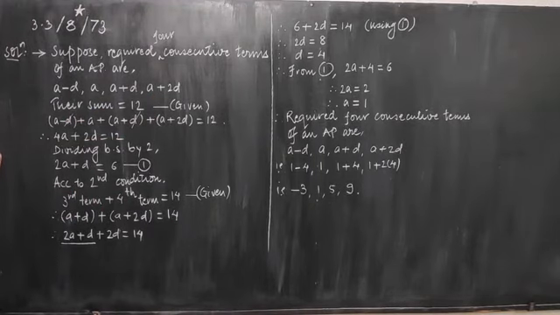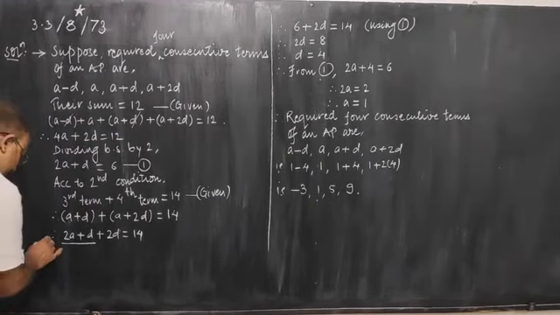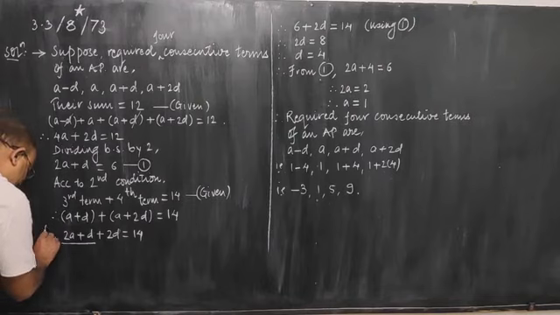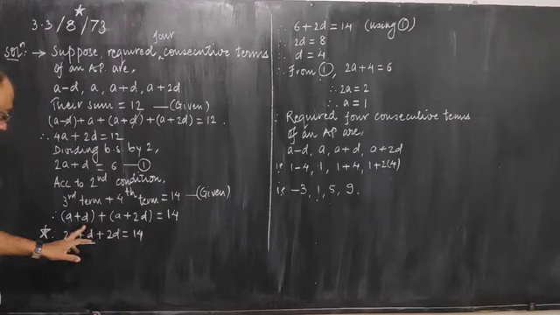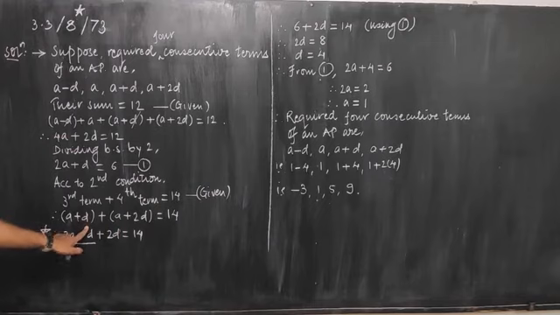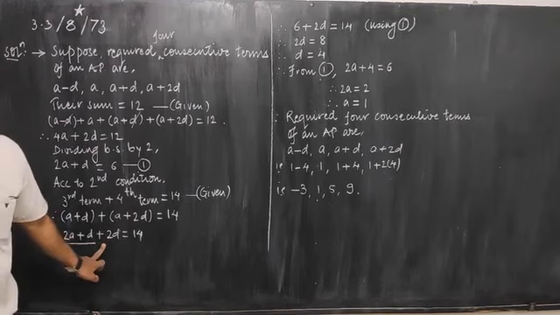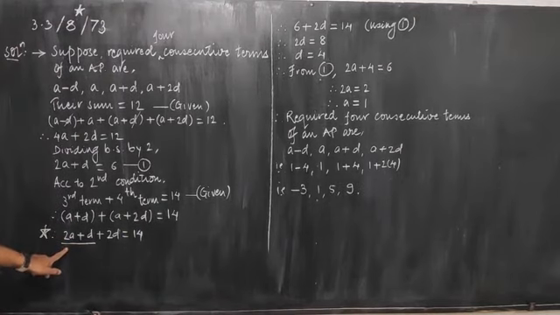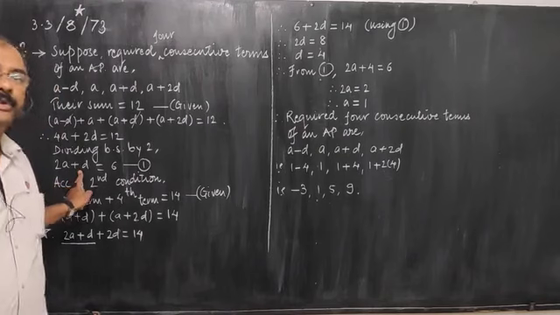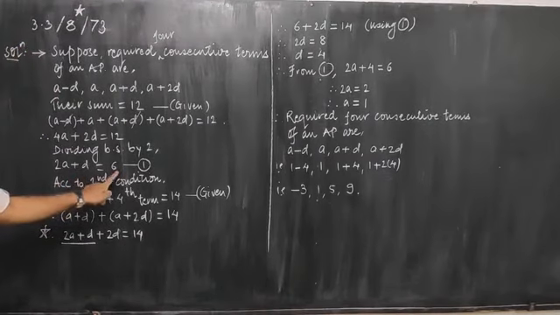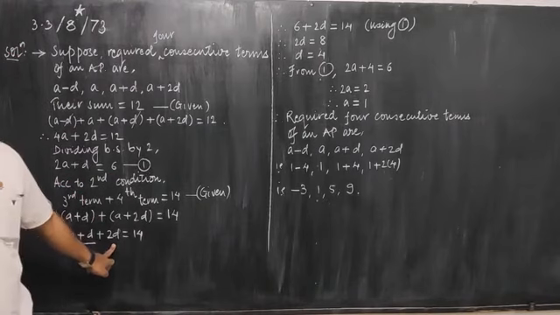Now the next step is a bit tricky, and I would suggest that the children should memorize this. How to write this? What I am doing, this a I am adding to this a, and that gives you 2a. Then I could have easily added d and 2d. I could have written that as 3d, but I did not do that. I kept d and 2d as they are. With what intention? After keeping this d as it is and 2d as it is, only adding a and a, you get 2a plus d, and we have already kept ready the value of 2a plus d. So we will put this value directly here. That gives you the value of 2d.